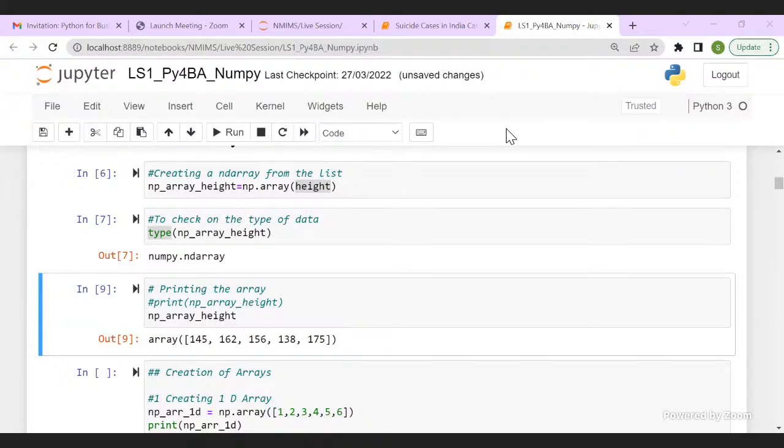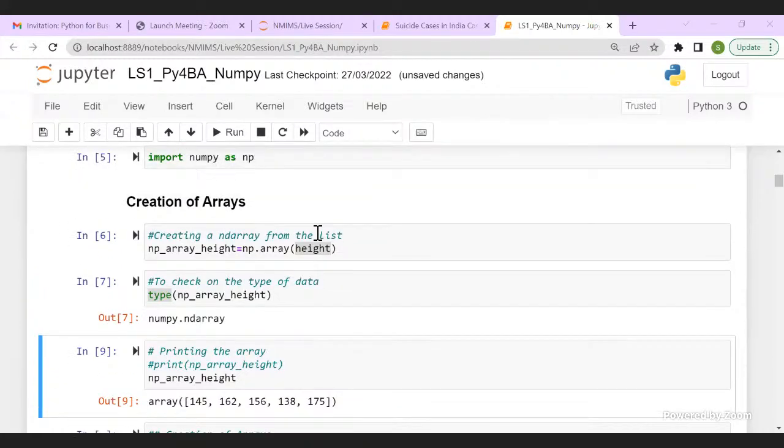Piyush is done. Vishwadeep is getting an error. Let me discuss certain errors you guys are getting so that everyone understands, because it is very important to understand our errors. Vishwadeep has posted on the chat that he is getting a name error, height not defined. That means Vishwadeep has not created a list before. If it doesn't have it, Python doesn't know what height is. Height is my variable name of my list.